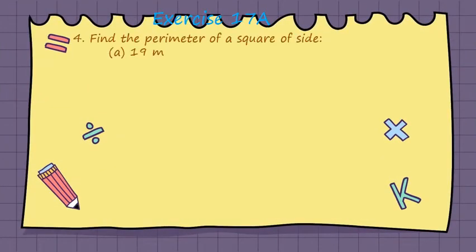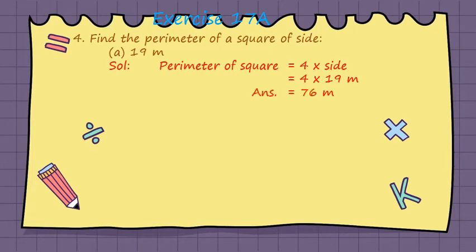Now children, let's come to question number 4 of the exercise. Here we have to find the perimeter of a square of side 19 meter. So perimeter of a square is equal to 4 multiplied by side, and the side is equal to 90 meter. So 4 multiplied by 90 meter, which in turn is equal to 76 meter. Now children, let's come to the B part of this